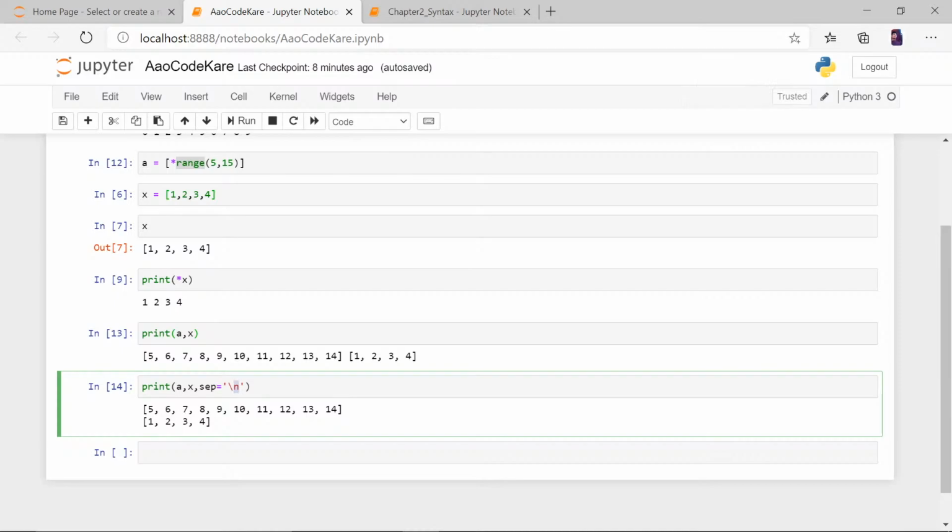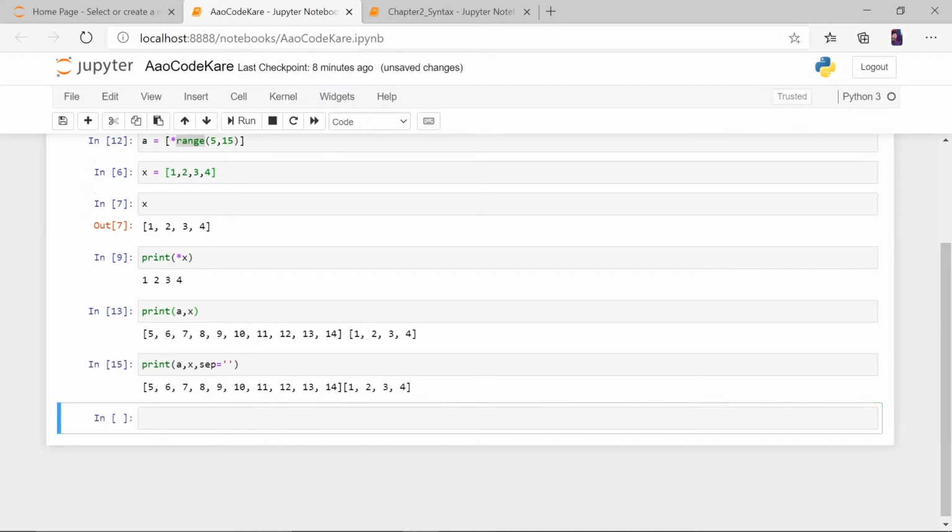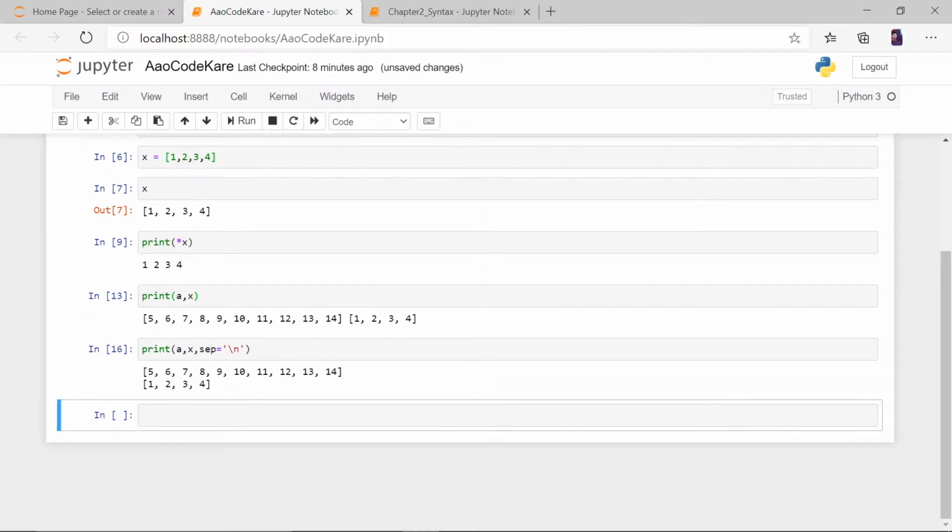When you don't put anything as sep, the normal sep is a space, nothing in between the two values. So when you do this, you can see this and this have no difference because the default sep value is a space. But when you put slash n here, between both the values, we had a slash n.